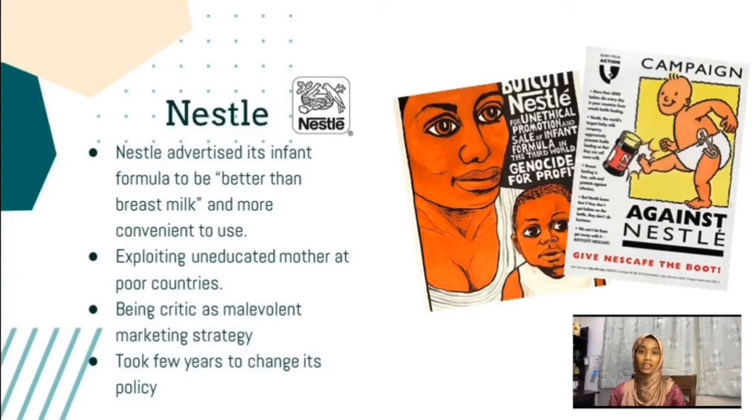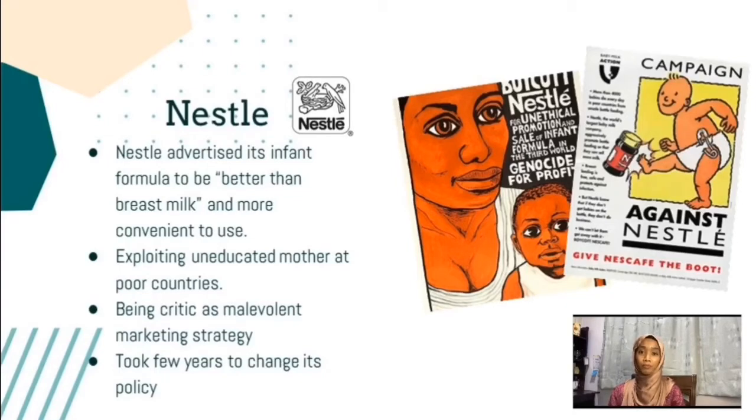Moreover, the way Nestle highlights the advertisement can mislead parents, especially first-time parents. Thus, this behavior is unethical when it comes to the health of vulnerable babies. They also gave out free samples of their baby formula products to hospitals. For the event of distributing baby formula samples, 6 babies died and 180 babies were hospitalized due to